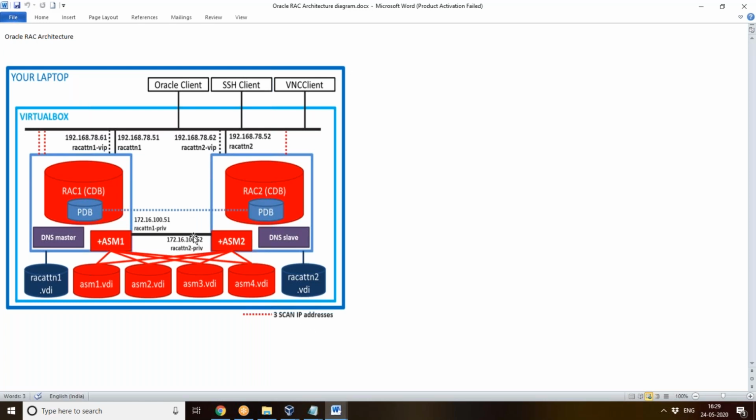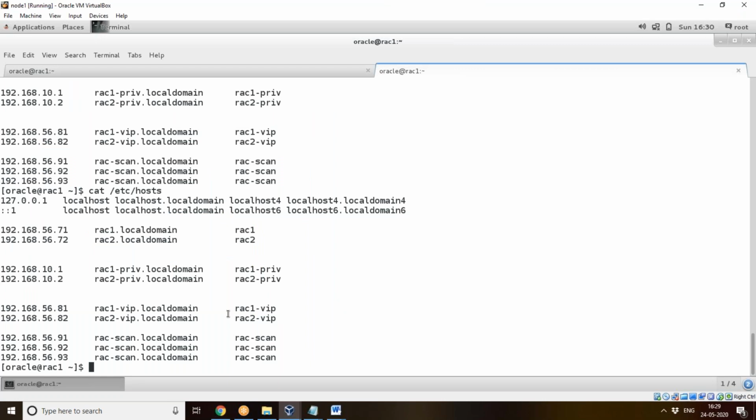Next one is VIP. For each public IP, we are giving one more VIP here. So here, I have given 2 VIP addresses. For this 71 and 72, I have given 81 and 82 as the VIP. So this is the real IP, whereas what is the purpose of this VIP?